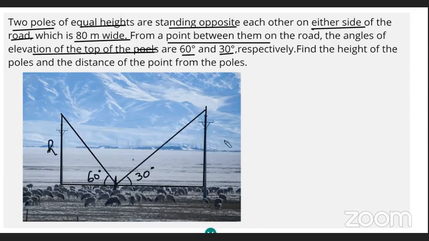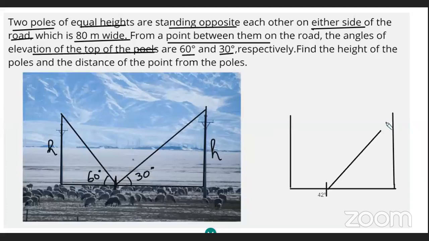Yes, the height of both the poles are H, H. Okay, so I'm just going to draw that and leave it for you to solve. See, this is the figure. Both are same. Did you understand why I'm saying it should not be at the center of the road, exactly center? Because the angles are different measurements. So take somewhere one point nearer to one of the poles. Okay, like this. So this is your 60. This is your 30. H, H, A, B, C, D, E.